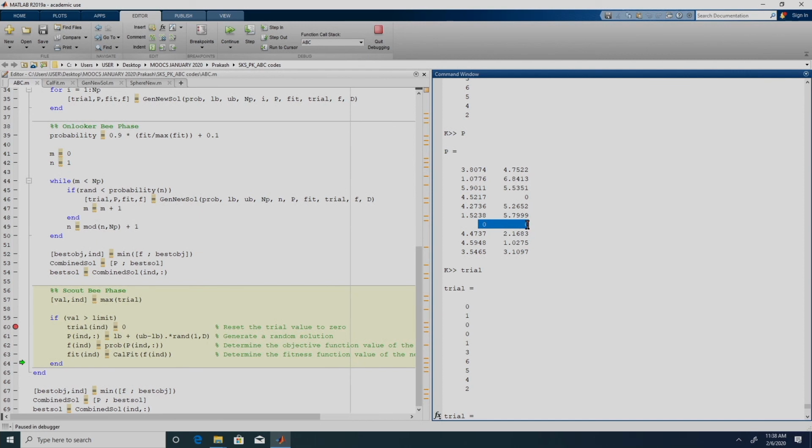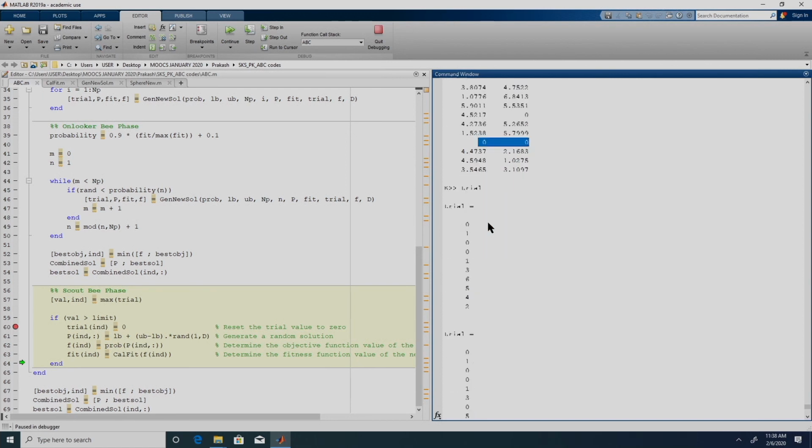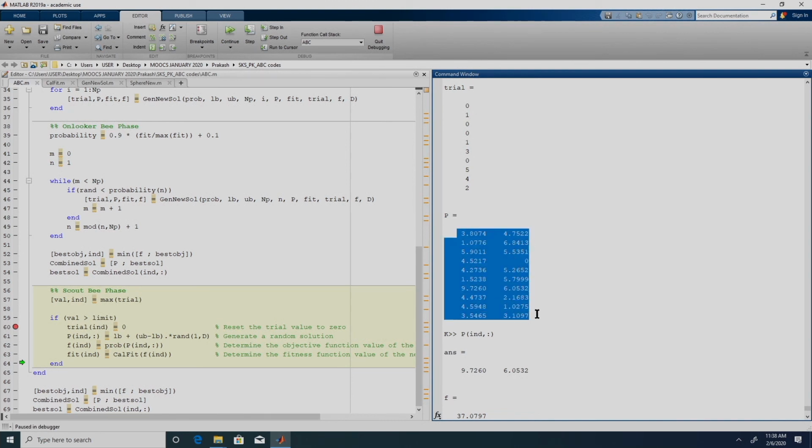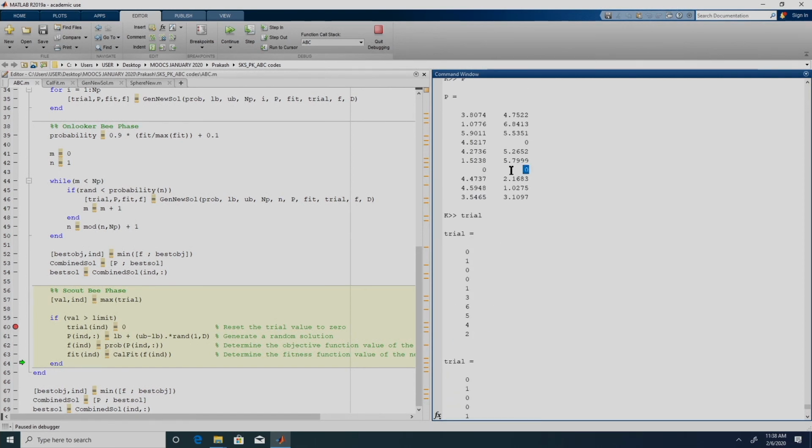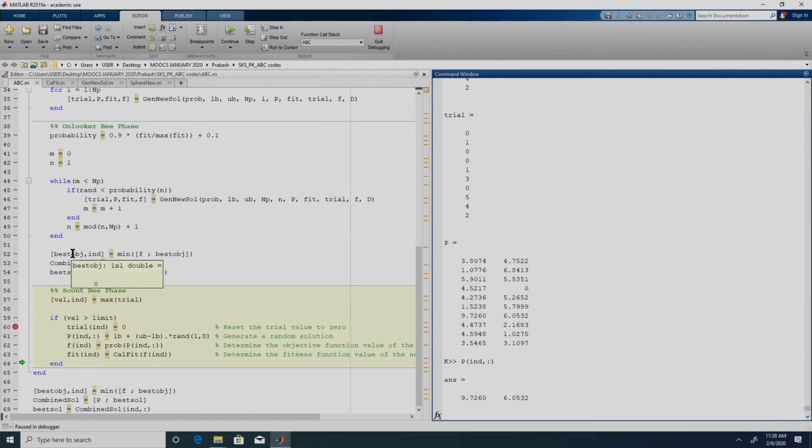So this 0, 0 is the best possible solution, but it got eliminated in the scout B phase, which is what we were emphasizing multiple times, right. So it might happen that in this new population we would never get 0, 0 again, it might happen, but still we will not lose this because we have saved the solution over here.